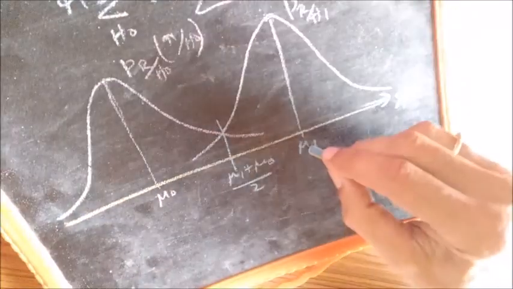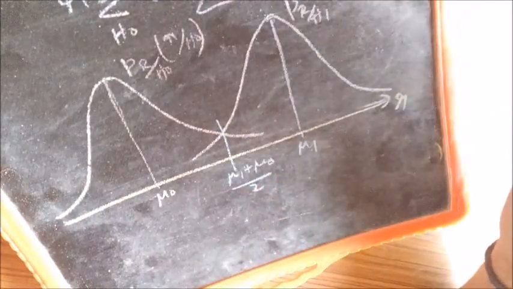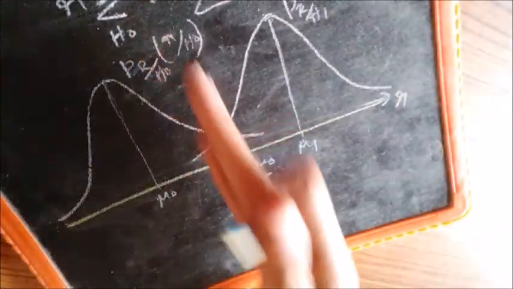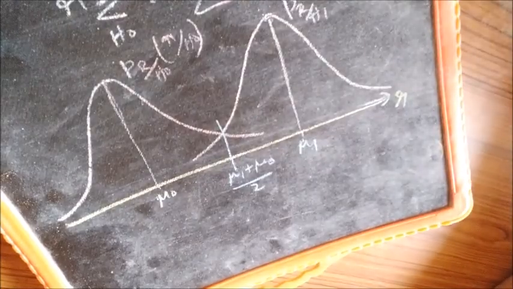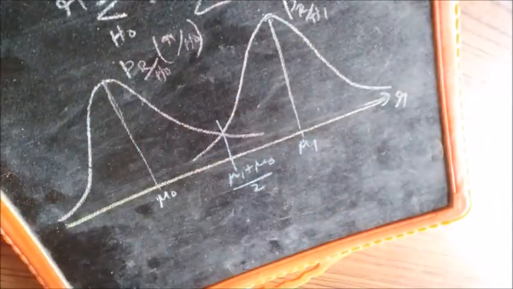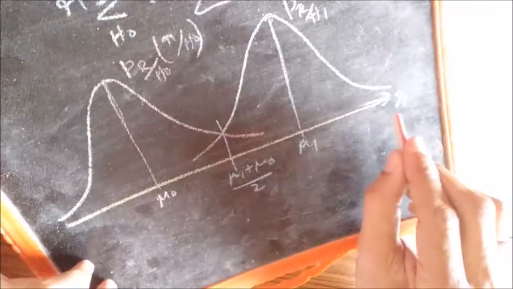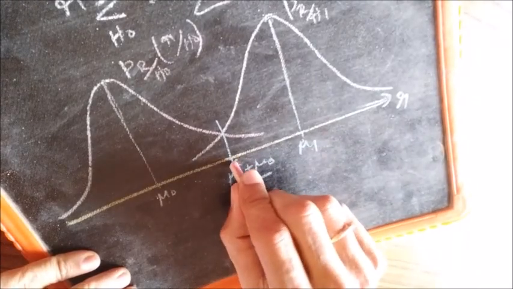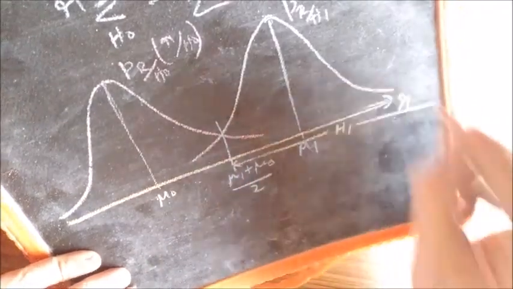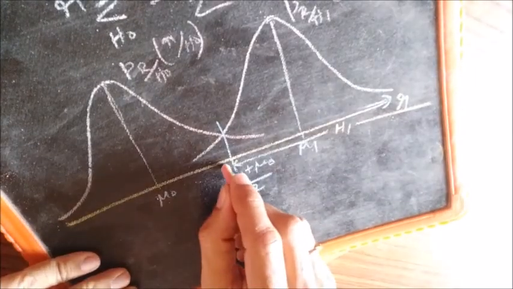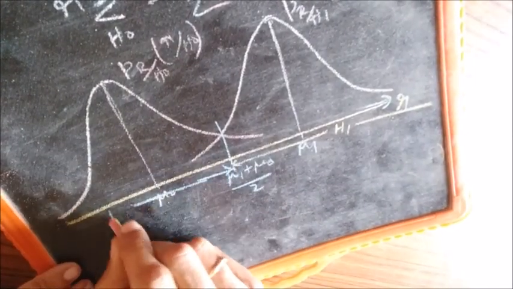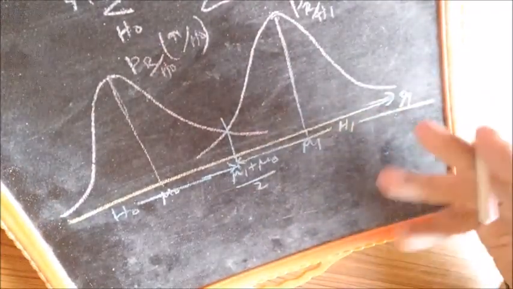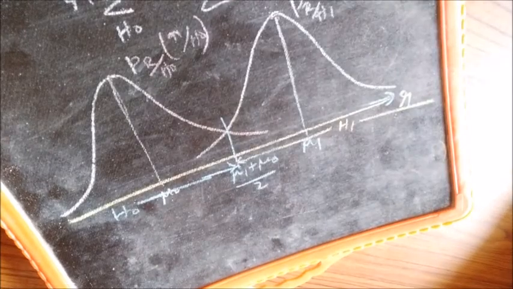For example, if mu1 was 6 and mu0 was 4, 6 plus 4 by 2 is 10 by 2, that is 5. So 6, 4 and 5, it would have been the exact midpoint. And what does the decision rule say? It says that whenever the received random variable is more than this, you declare H1 is the true hypothesis. And whenever it is less than this, you declare H0 as the true hypothesis. So this is how we can visualize the decision rule working in this particular example.